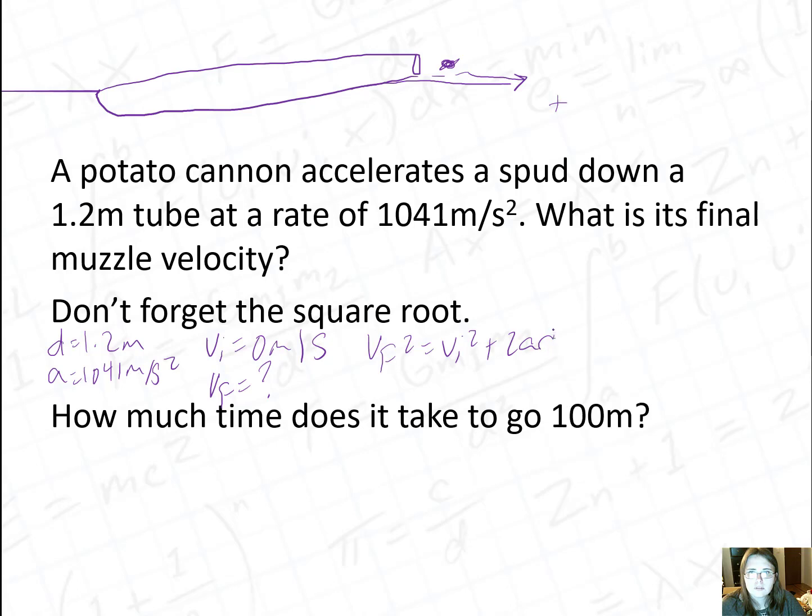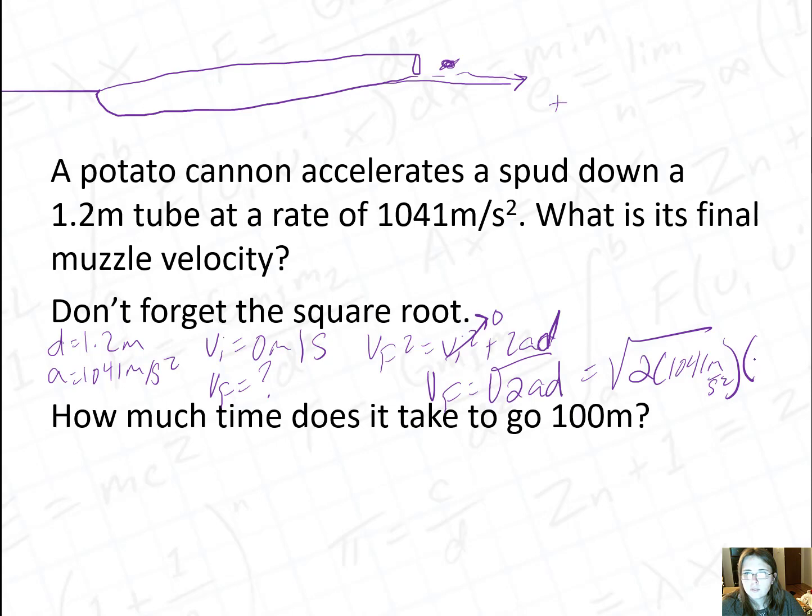So the equation we're using is VF squared equals VI squared plus 2AD. This goes to 0. So then VF is equal to the square root of 2 times A times D. So then it's 2 times 1041 meters per second squared times distance, which is 1.2 meters. Okay, so then when we plug this in, we end up getting 49.98